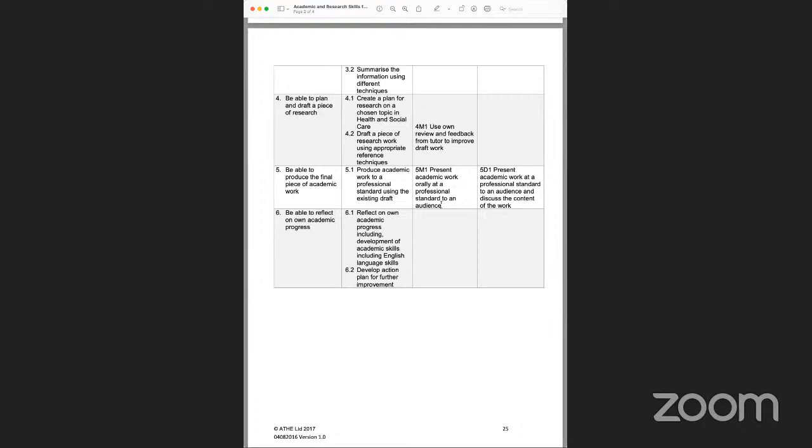So I am going to show you and discuss with you how to go about doing that review. And again, there is the same template that we've got for PDP is going to be slightly expanded. So one side of that template will basically show the plan that you have drawn up in learning outcome 1, and the second side, or the right-hand side, will actually show the reflection of the review that you've done using